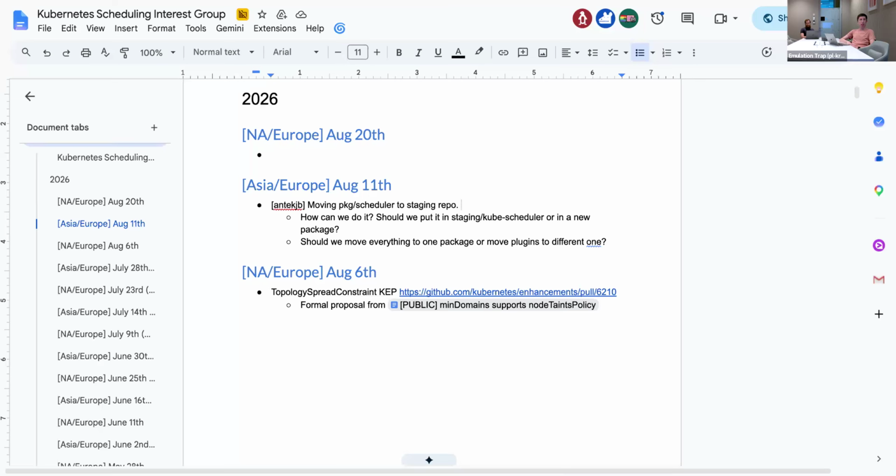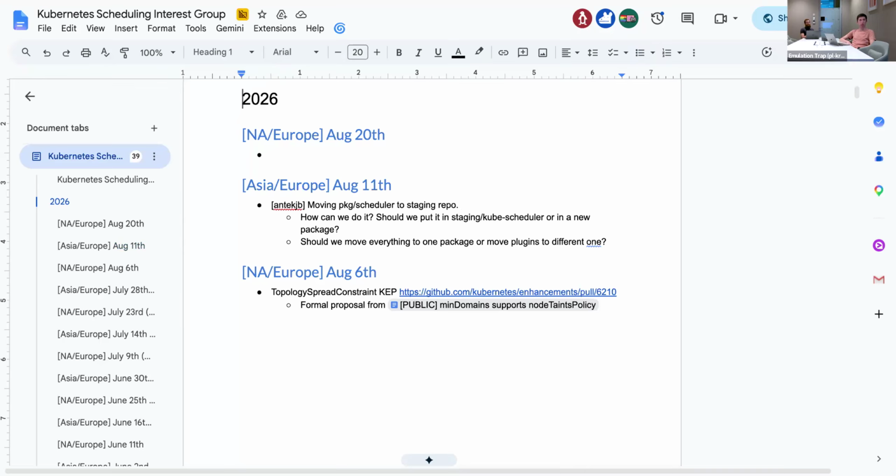And to do so, we would need to make a couple of steps. First thing we would need to do is to get rid of all dependencies we have to Kubernetes repository. So we would like to propose that we would add some import restrictions and allow list imports that we already have right now for Kubernetes repository, and then one by one remove all of the dependencies from scheduler package.